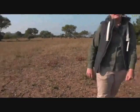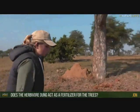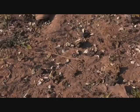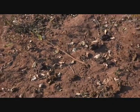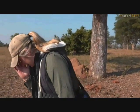Now, there was a question that came through earlier from John, and seeing as though we've been talking about a lot of dung and we've been seeing a lot of dung around, John, your question was, does the herbivore dung act as a fertilizer? It most certainly does, and you can see just here we've got lots of wildebeest dung. So that's exactly what would happen. Just as a cow dung or rhino or elephant or hippo dung we use in our gardens, or I have used all those three species of dung before in vegetable gardens and worked really well. Elephant dung's not the greatest because it's filled with lots of different types of plants, so you get lots of seeds. So I found that rhinoceros dung, white rhino dung,